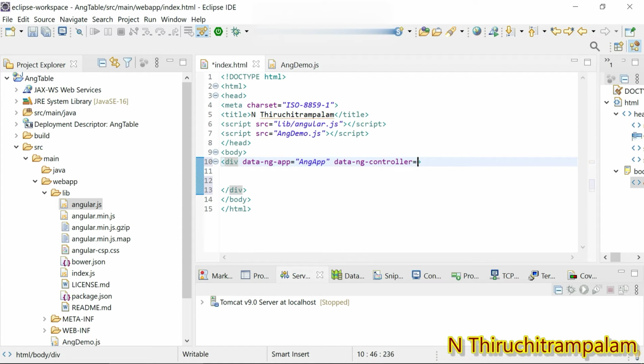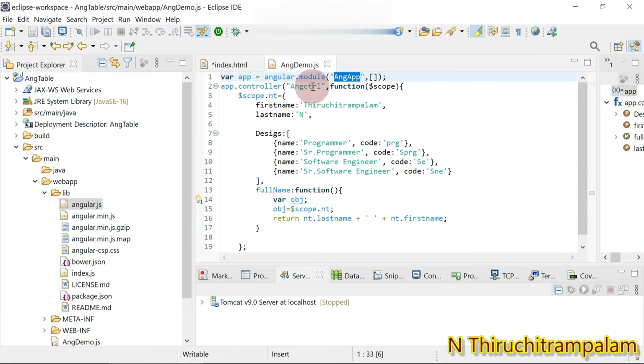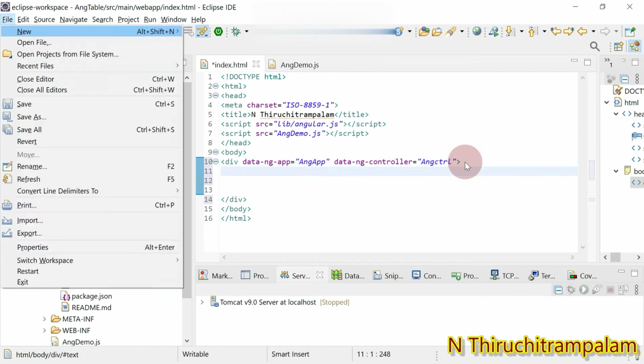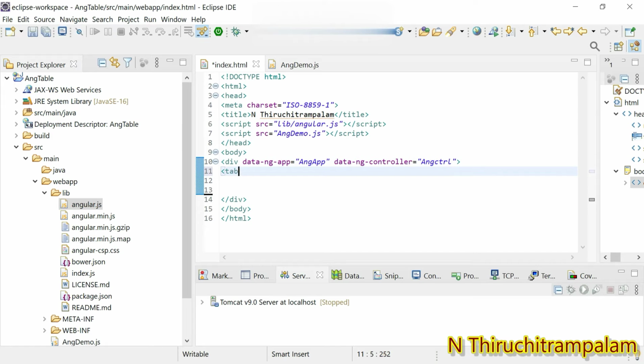data-ng-controller. Here I give the name of the controller which we have created. Go to the angdemo.js file, the AngularJS file. You can see the controller, and the name of the controller is angctr. Copy and assign it to the data-ng-controller attribute. Alright, so within this, I create the table,